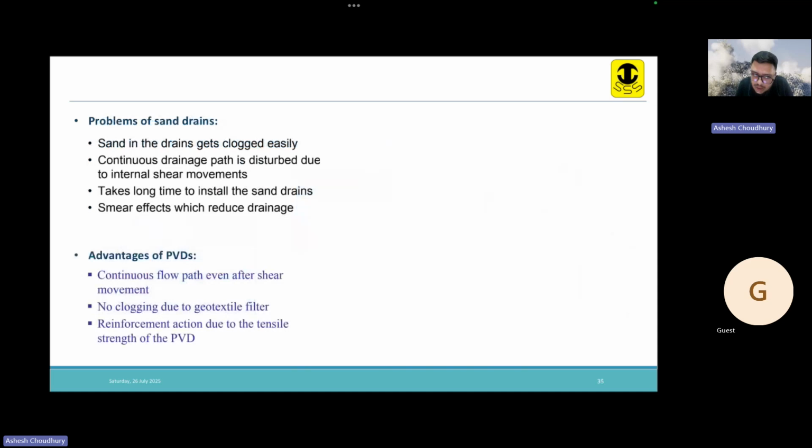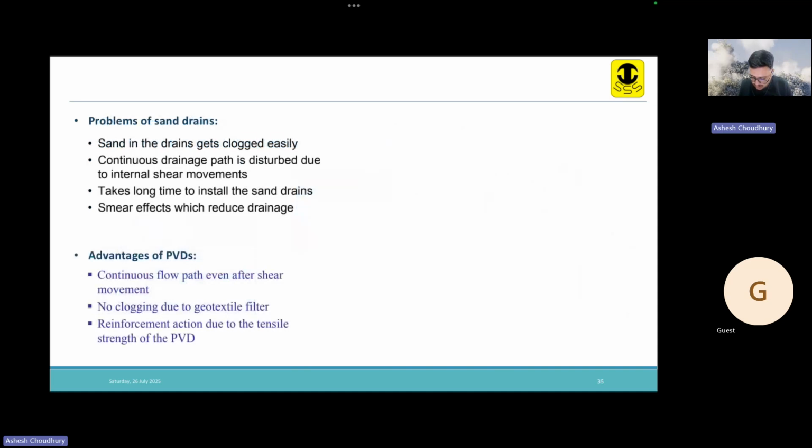Now, what are the advantages of PVD? Continuous flow path even after shear movement, because we have a defined corrugated drainage sheet inside. The water can easily flow. No clogging, because with a geotextile outer covering there is no possibility of clogging due to soil particles. Then there is also some reinforcement action due to the tensile strength of the PVD. PVDs inherently have some tensile strength, so due to that there is some inherent